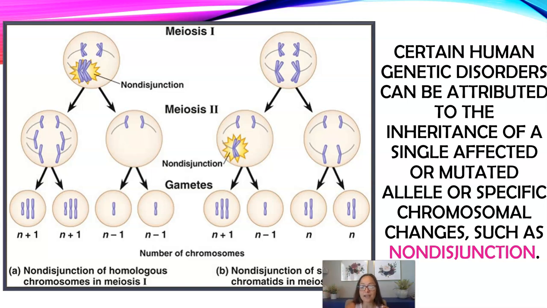Or sometimes human genetic disorders can be due to an abnormal number of chromosomes, which are the result of non-disjunction. So in non-disjunction, this is where, in meiosis 1, homologous pairs fail to separate. So here you have some gametes that have extra chromosomes or missing chromosomes. And meiosis 2 can also have non-disjunction where your sister chromatids fail to separate, also resulting in an abnormal